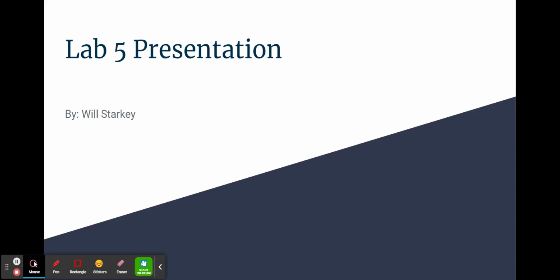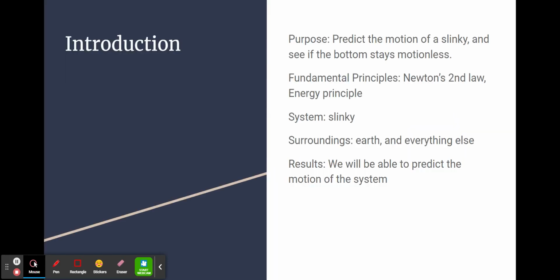I will start here with my lab 5 presentation. The purpose of this lab would be to predict the motion of a slinky and see if the bottom stays motionless or if it'll fall to the ground. Some of the fundamental principles we'll be using are Newton's second law, the energy principle, along with some spring principles. The system for this lab will be the slinky, and the surroundings will be the earth and everything else. And a little preview for the results, we'll be able to predict the motion of the system,